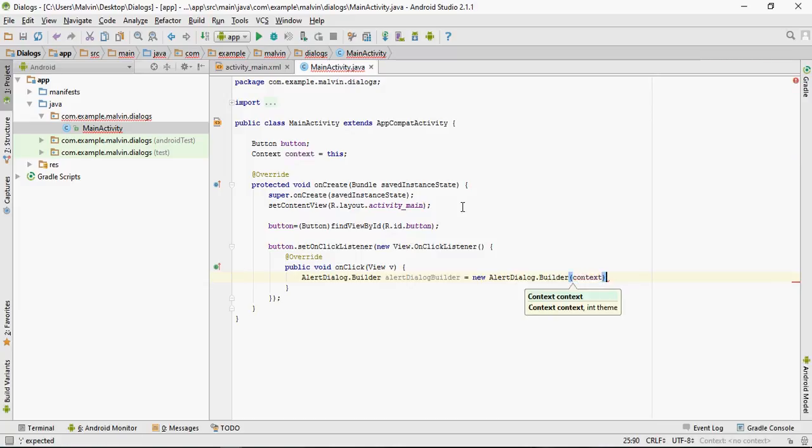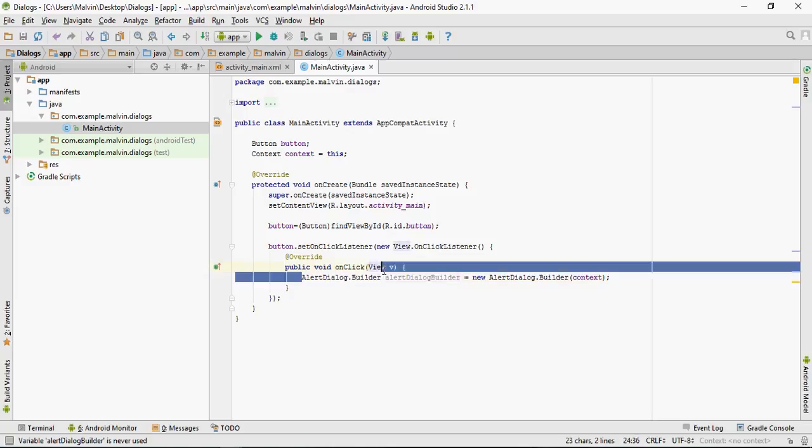So the context, alert dialog builder. It creates an alert dialog that uses the default alert dialog theme.